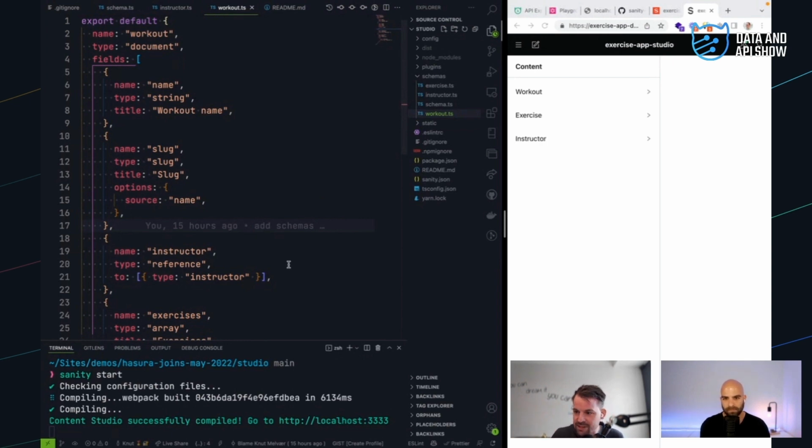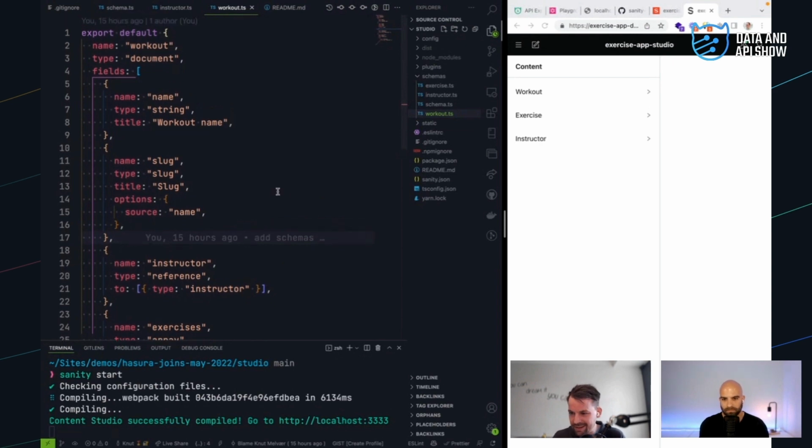So Studio is also made to be super customizable, so you can replace stuff with React components and so on and so forth. But this is pretty much vanilla schemas with field names, data types, and then what the label in the studio should say.